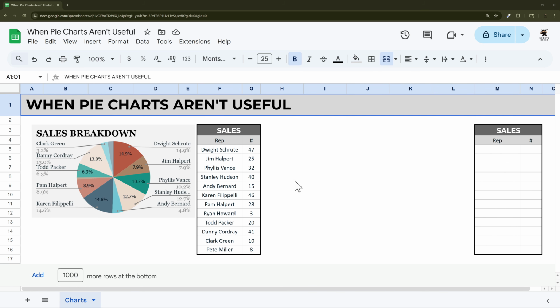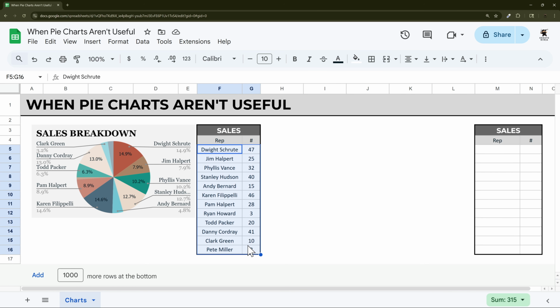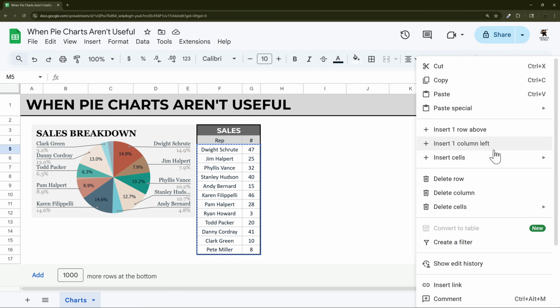This is kind of like when you don't have enough pie and you're trying to cut everything into little tiny slivers and they all just end up falling apart and no one's really happy because honestly, everyone wants a decent slice of pie. So in Google Sheets, there's a different chart that's going to be much easier to use in this regard. And so let's start by just copying this data over and we're going to use this one as